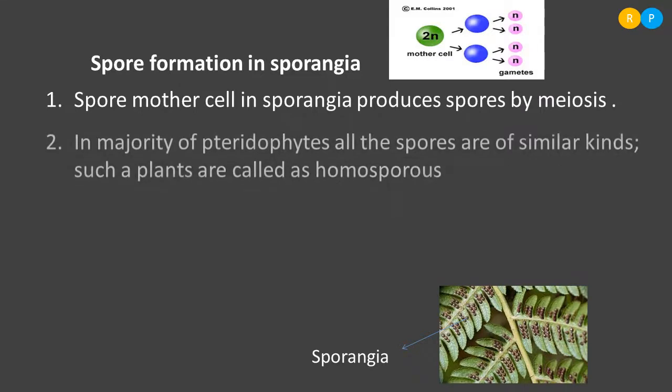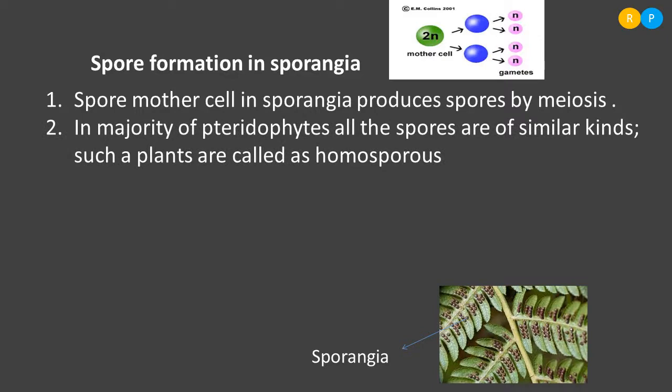What is the first group of pteridophytic plant? That is named as homosporous plant. So this is one category in the pteridophytes. Why do we call these pteridophytic plants homosporous plants? Because the spores produced are of similar kinds. Say some 100 spores are present within the sporangia. All the spores are of the same kind. In appearance they are the same. In their size they are the same.